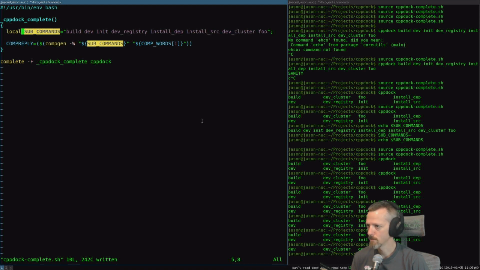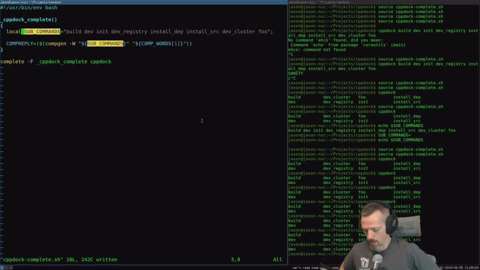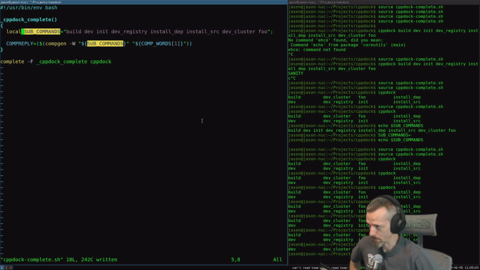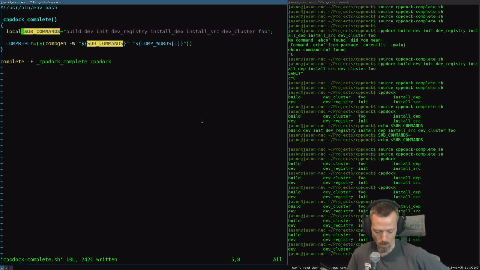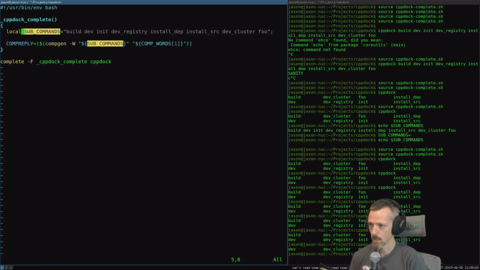Alright, so before the break, finally got a list of words, which is the list of subcommands. I currently specify them here in this bash script, but for anybody who's experienced in programming, it's nice to have a single place to specify things, so that when you make a change, like in this case I added,